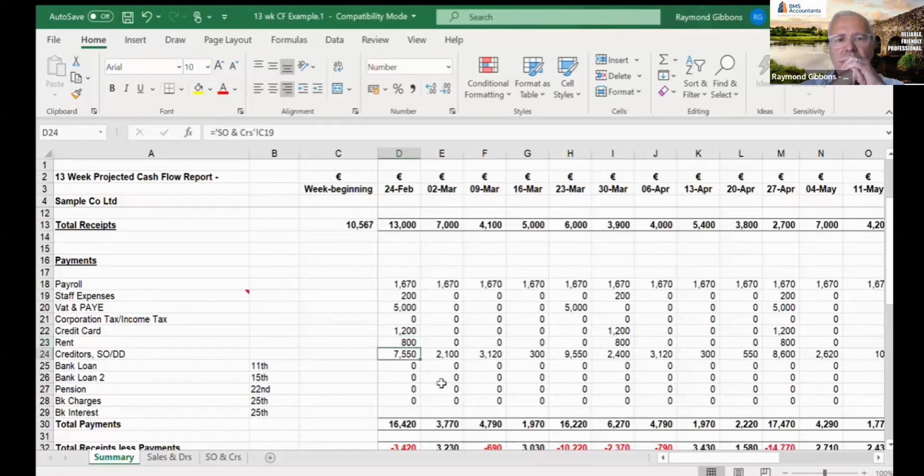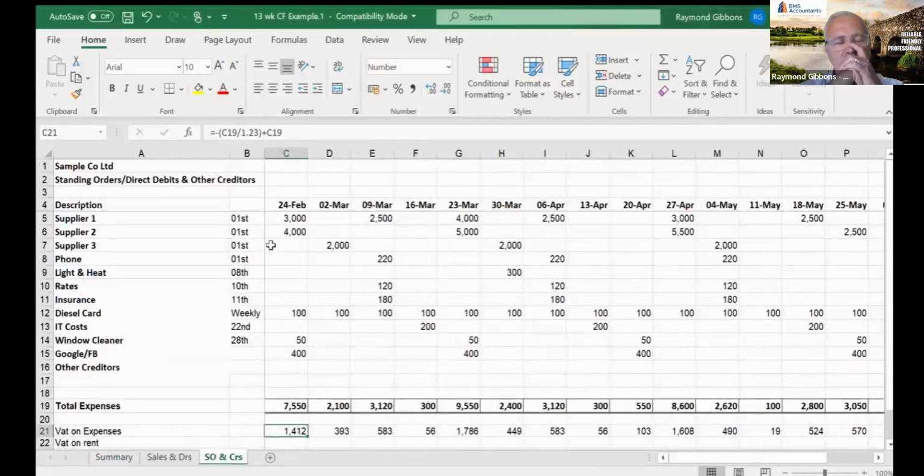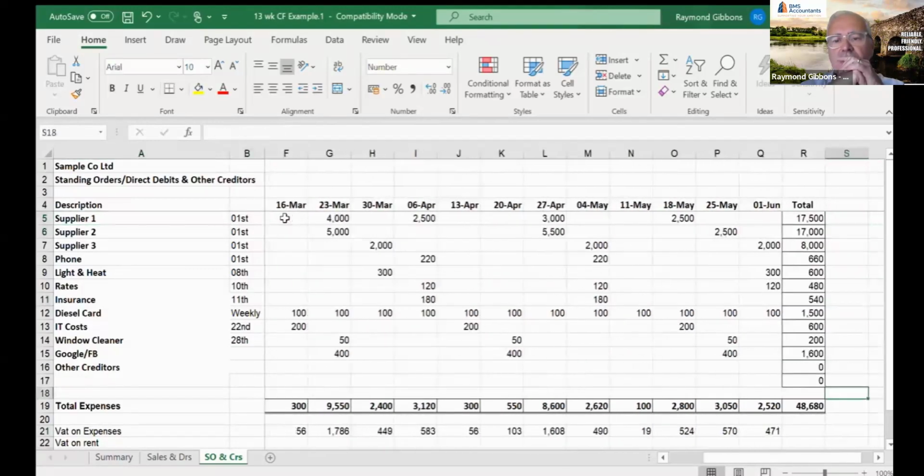Moving on to the creditors, you'll notice a formula there that directs us to the standing orders and creditors tab. So let's go in there and have a look at these. A simple formula means that the dates in here have changed automatically to ensure they're the same as on the main cash flow page. You can have any number of suppliers and overheads that you wish in here. This is just a small sample just to show you what can be done with the cash flow. So I've put in here what sample company expect to be making by way of payments to suppliers and overheads over the next 13 weeks, and it totals